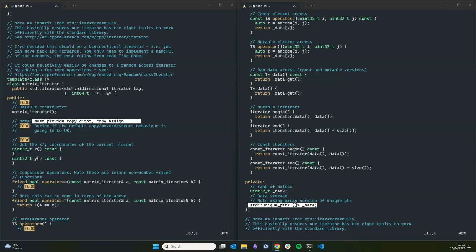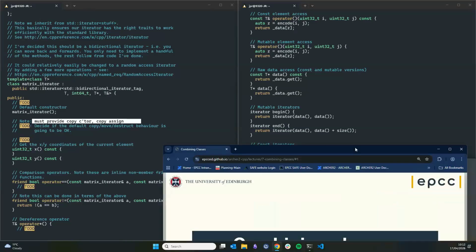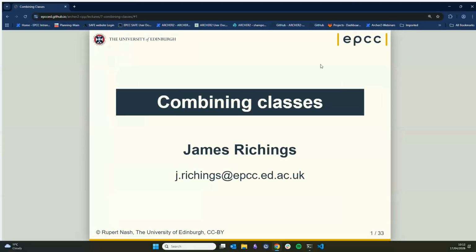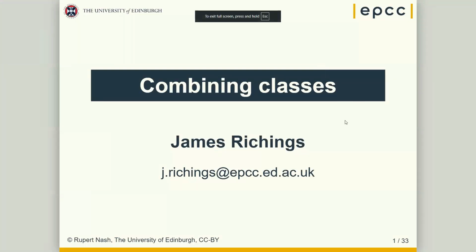Okay. So we've talked a lot about resource management and classes. What we haven't discussed is how we can really combine them together. Now, we saw a slight example of this in that exercise,